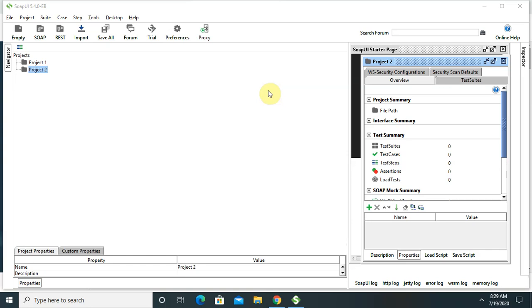It works on top of application layer protocols like HTTP and SMTP, that is Simple Mail Transfer Protocol. For notations and transmission, SOAP allows processes to communicate across platforms, languages and operating systems.